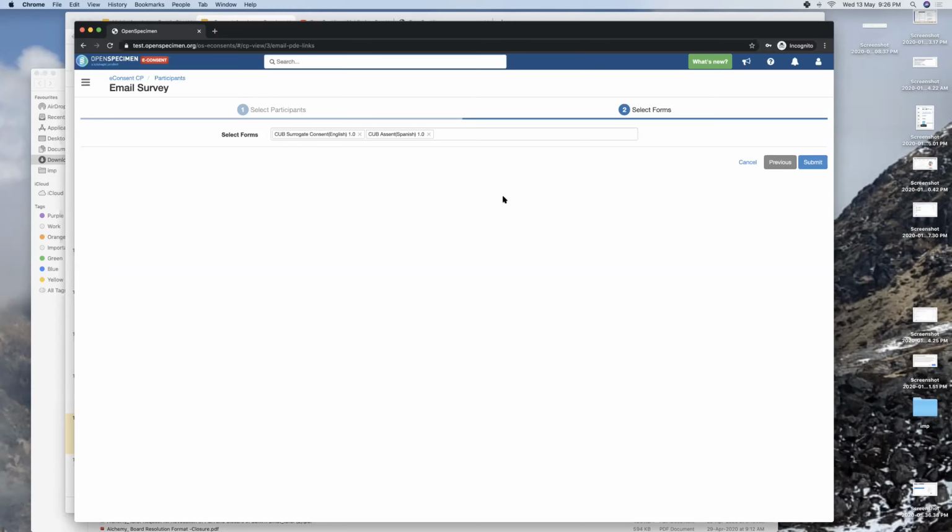The contents of the email can also be configured. At the collection protocol level, you can define what the email subject should be, and what the description or the content of the email should be. One of the things that we are not supporting, which is supported by REDCap, is that you can define the email content per form rather than a generic email at the collection protocol level. So we are planning to support that too in the upcoming version.